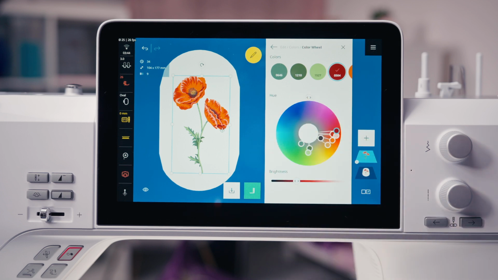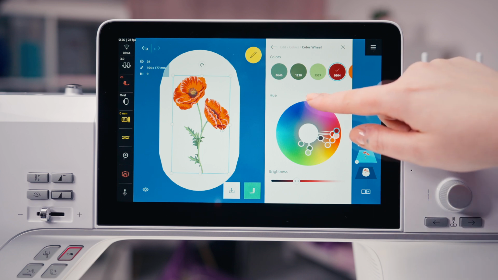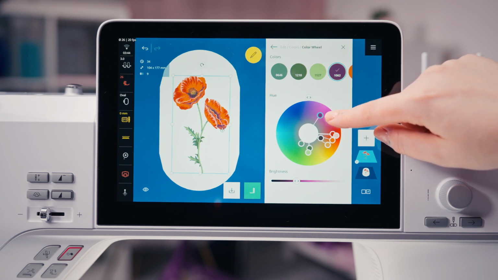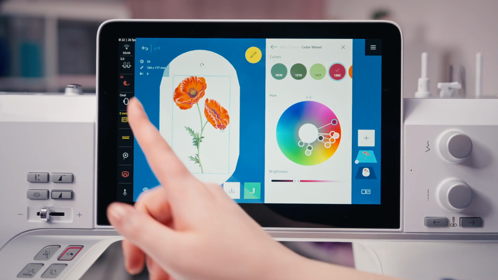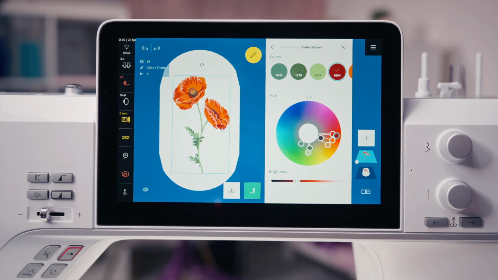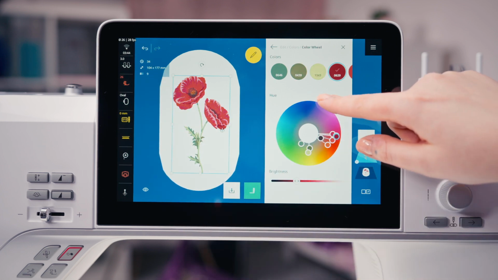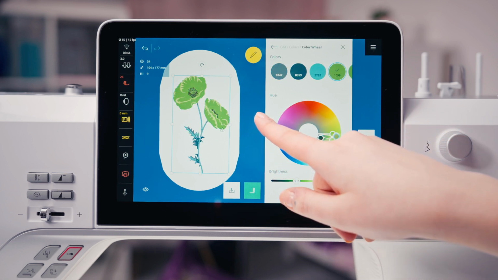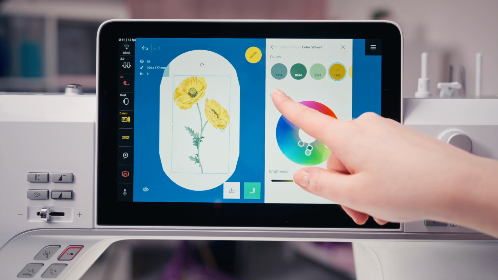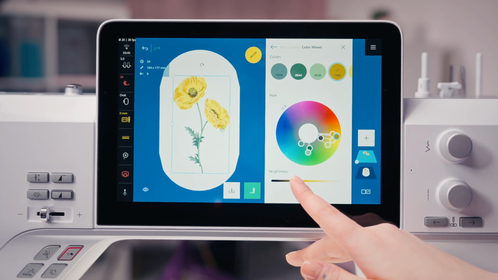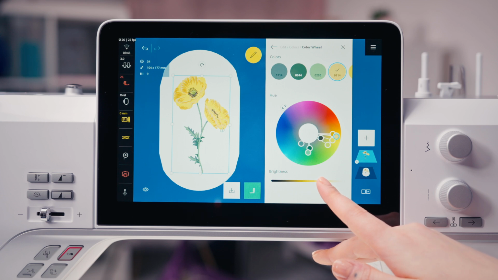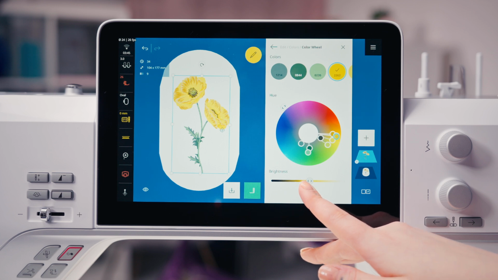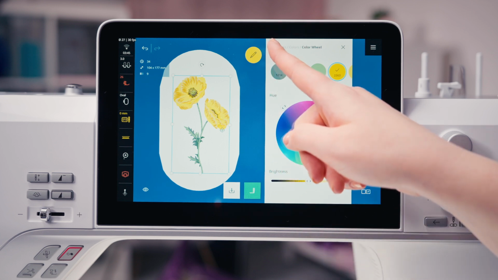Use the color wheel to recolor the design individually by using the nodes, or all at once using the slider around the outside edge. Simply select a node and move it to another color, or use the slider to see your design in a completely different color scheme. The brightness can also be adjusted. Notice the thread color numbers changing on the color palette. Not happy with your choice? It's easy to return to default.